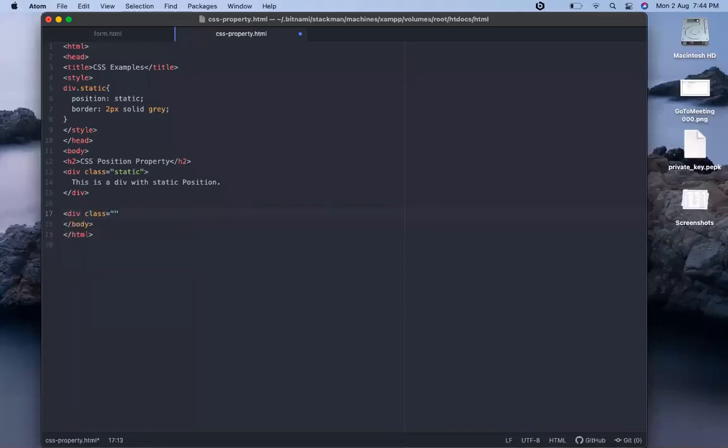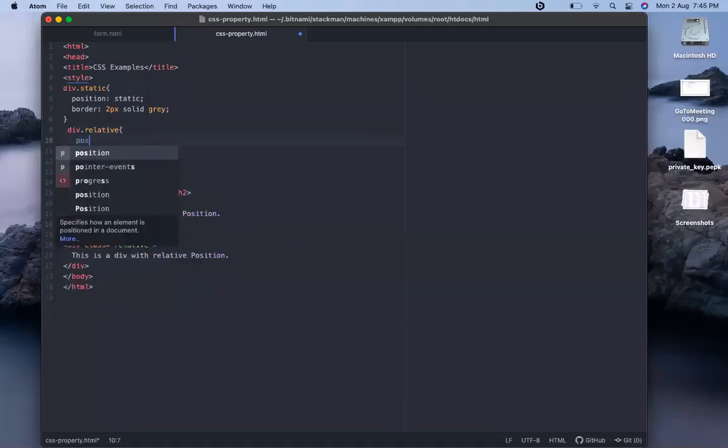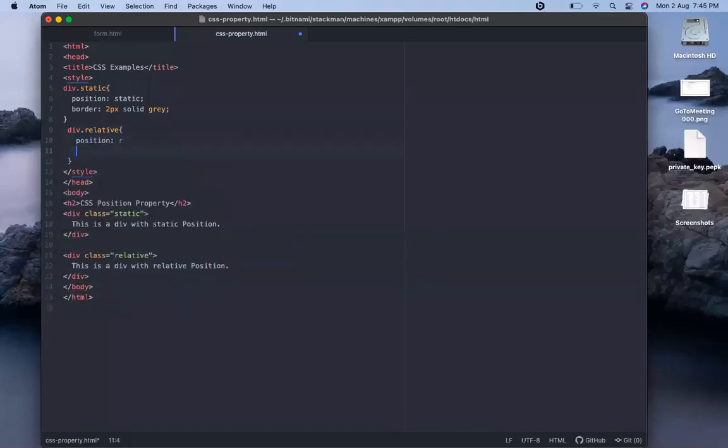Class equal to relative. Okay, this is a div with relative position. I will define the relative in here. So we'll define it normally as div dot relative. Okay, and then we'll define the position type equal to relative, and then